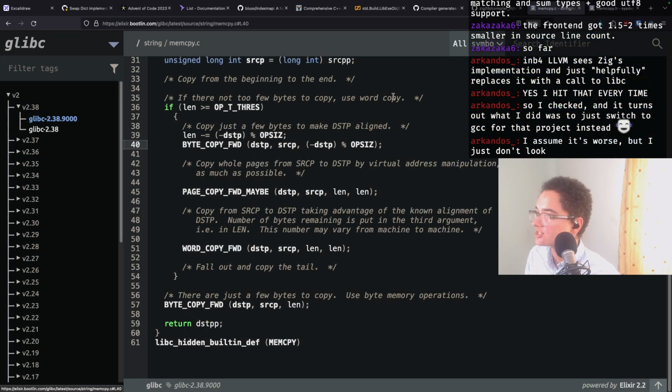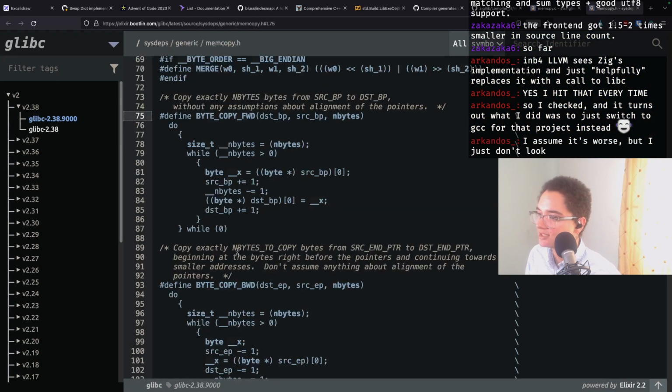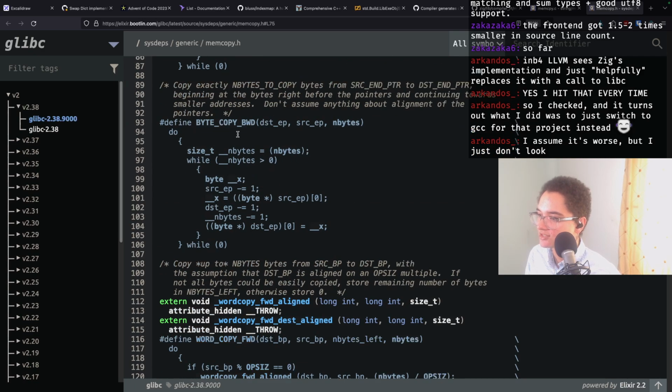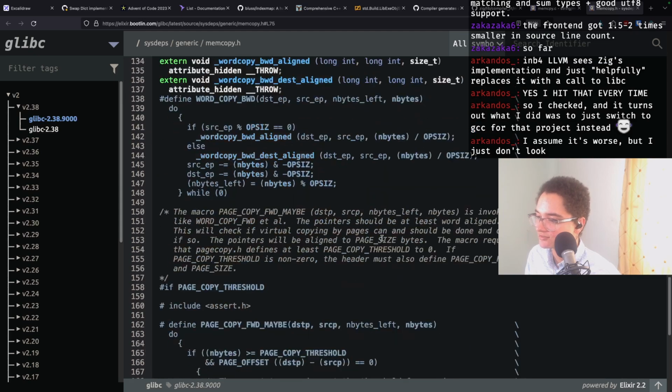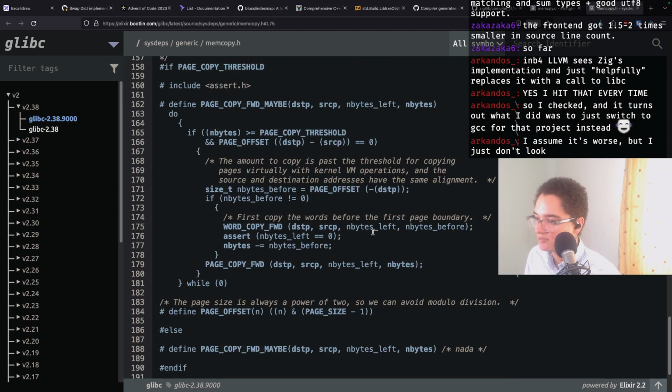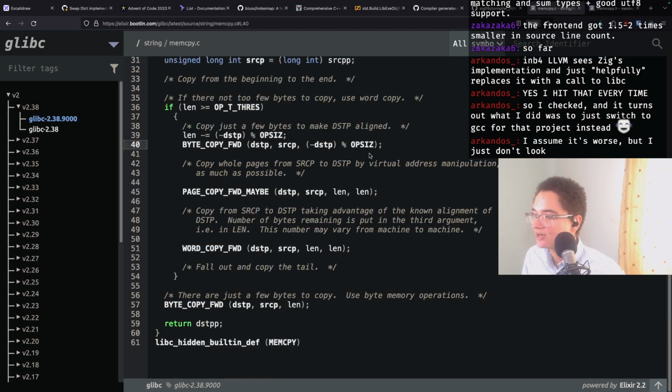They probably have custom assembly somewhere else for memcopy. And that's because specific implementations are very important for this type of stuff. Because memcopy can literally be most of your execution time depending on what you're doing. We hope not. We hope you're not copying too much, but it is one of the very common, very expensive